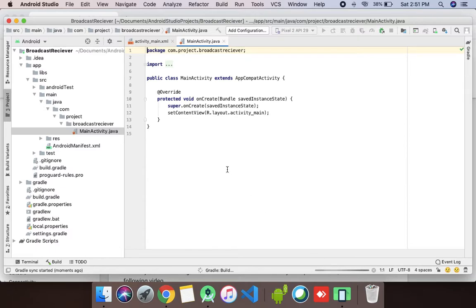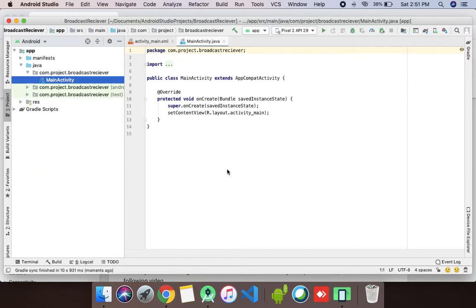We will see step by step how to create a receiver, how to register it, and how to use it. As you can see, the project has been created.